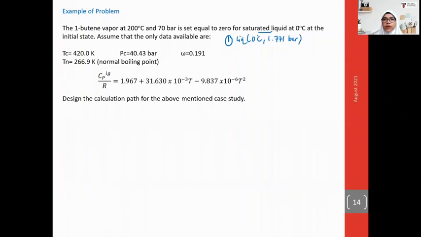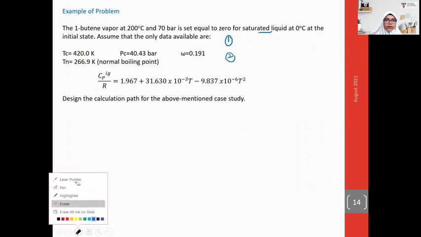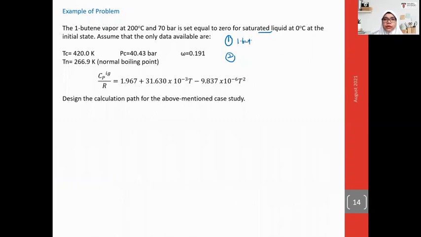And then, okay, the second state is vapor. So maybe I write up the name of the substance as well. Okay, 1-butane. So we have 1-butane, a vapor. The first state is liquid at 0 degrees and saturated. Saturated we can consider at 1 atm, so equal to 1.77 bar. Since the unit is in bar, we standardize the unit. So the second is 1-butane, the vapor, and we have